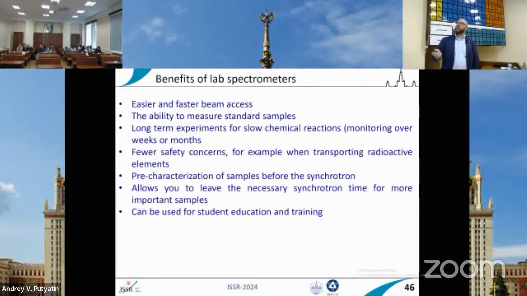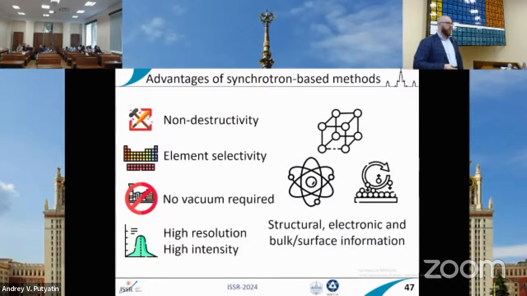So it really allows you to have the necessary time at synchrotron facility for maybe more important samples, so you can choose your important samples. And also, we use it for education of the students, PhD students, and for training. So it's very good. So, in concluding remarks, I would mention that synchrotron-based methods,